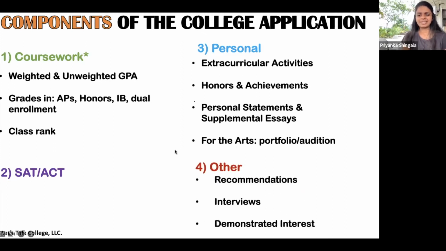And finally, we have the miscellaneous stuff: the recommendations, the interviews, the demonstrated interest. We're going to talk more about recommendations and interviews, but the demonstrated interest, I'm just going to address now. This is a very vague category, but here are a couple of factors they consider. Number one, if you receive emails from universities, did you open them? Actually, a lot of universities track that data. So now they want to know, how interested is this kid in attending our university? Meaning, if accepted, will they actually attend? Will we be getting their tuition money? Or are we going to be wasting a spot and thereby potentially losing money because we have an empty spot?